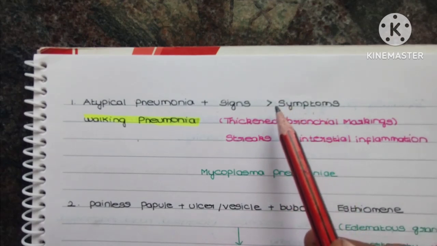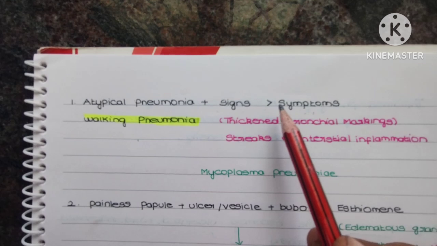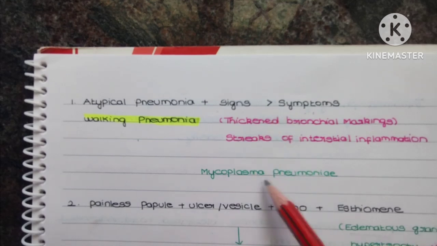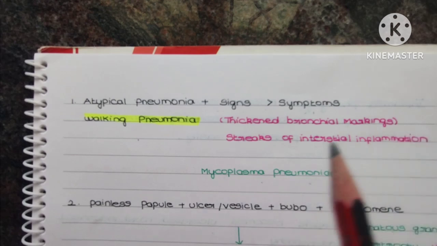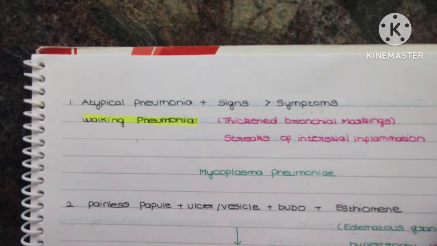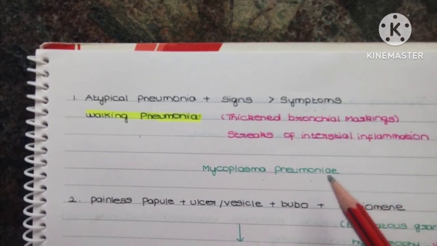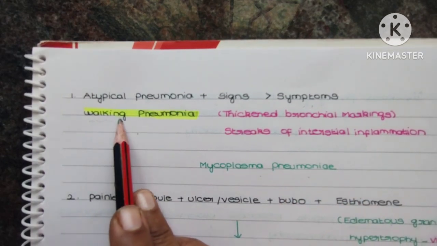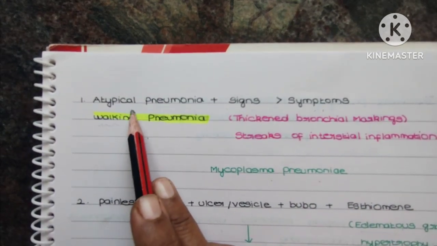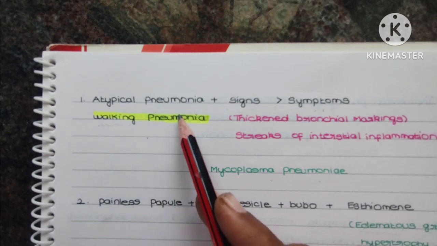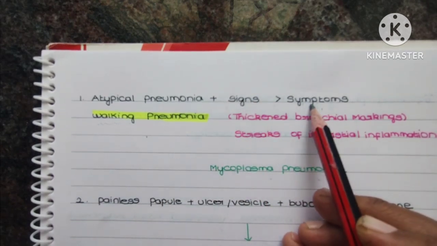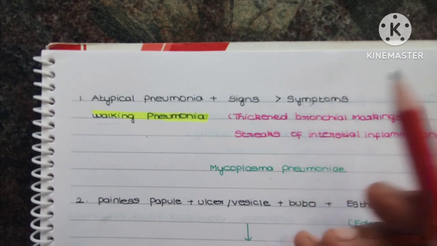If the question is atypical pneumonia or walking pneumonia, you can close your eyes and mark it as Mycoplasma pneumoniae. There is no other organism presenting with the term walking pneumonia. But for atypical pneumonia there are many other organisms like Chlamydia and others, but the signs will be more than the symptoms. Is it clear? Okay. Second,